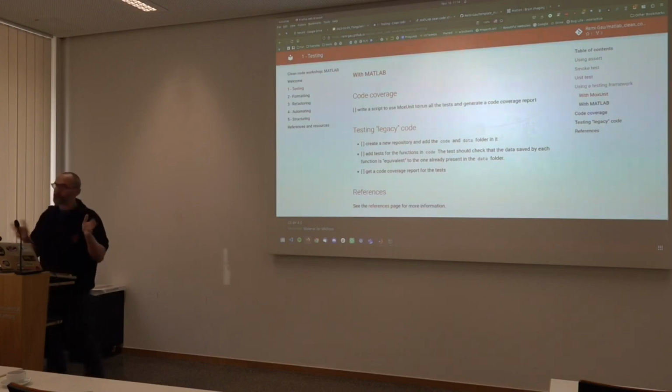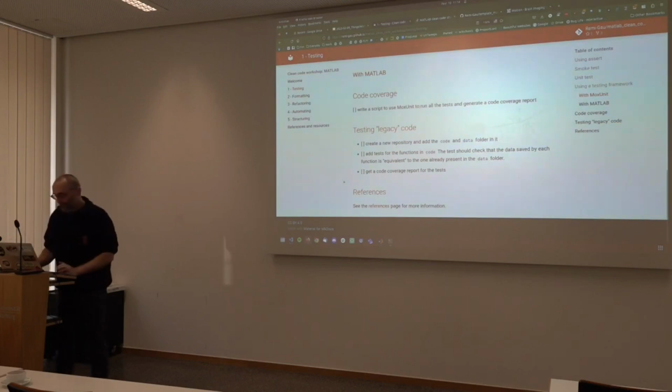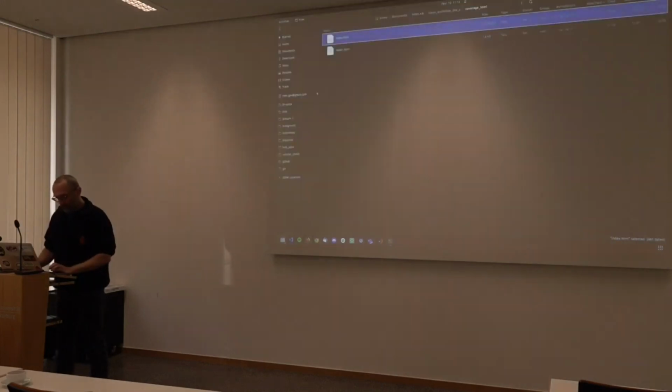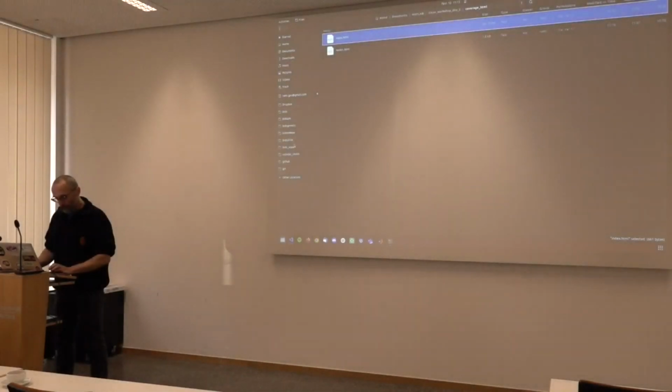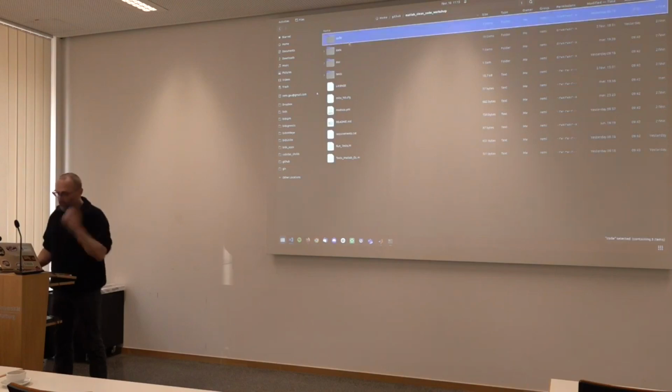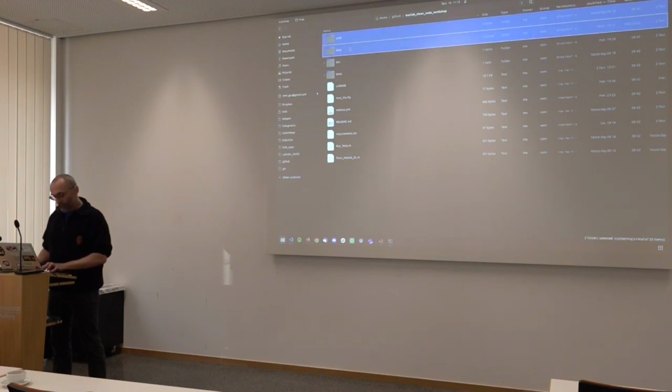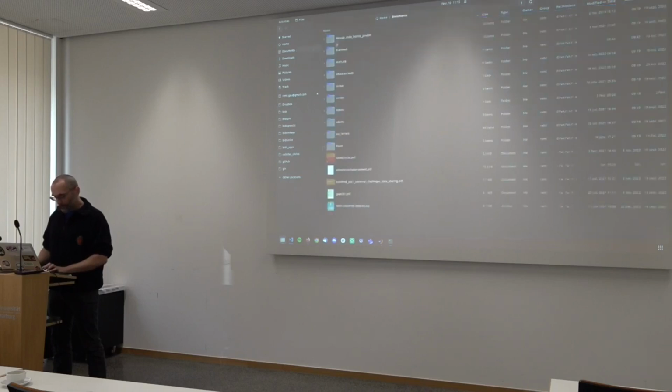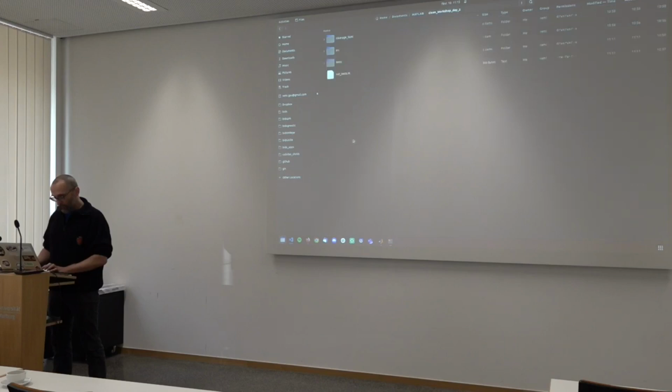But I'm pretty sure that some of the things I will show you, you could also apply to your own code. So what I'm going to do first is go and grab the code and the data in question so that I can actually run it. The code and data are in the repository, the same repository where the website is. So I think you should have the links available if you want to try it. I'm just going to copy those things into the folder where I was working today. I'm going to create a folder called legacy.